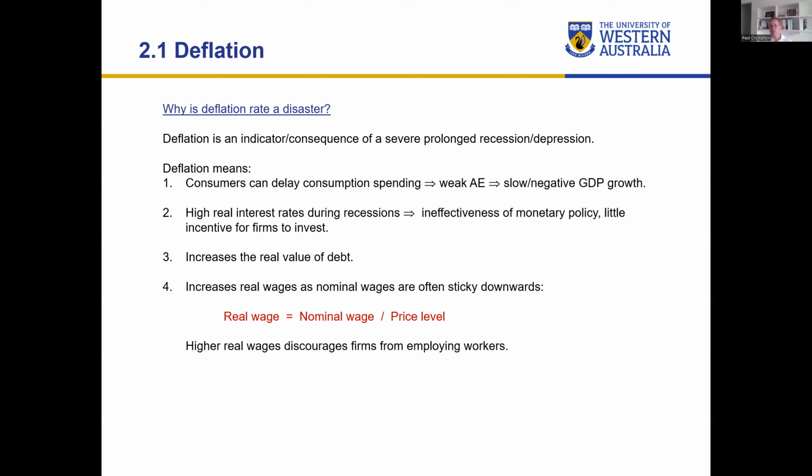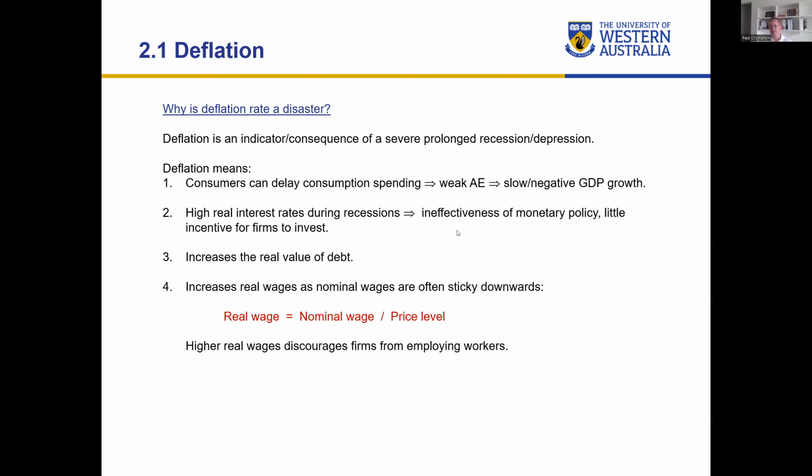In that example in topic 1, the nominal interest rate, we set that at a low level of 2%. If you have negative inflation, it implies a very high real interest rate. So you're going to have to go back to that equation, nominal interest rate equals real interest rate plus the inflation rate, to actually convince yourself of that. And in the last topic, I certainly did talk about deflation, negative inflation, causing very high